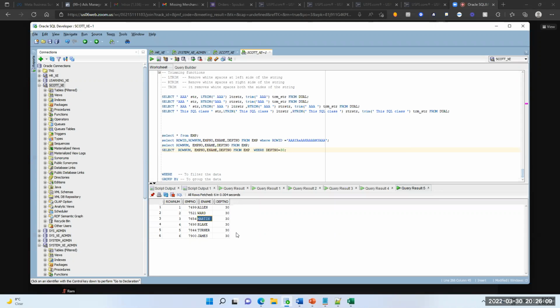But those numbers are not constant always. Clear guys? So it's unique, but not constant. It always will change based on the result set criteria.